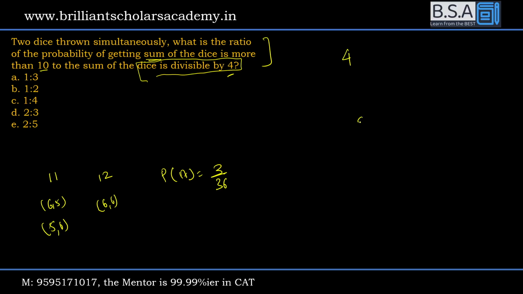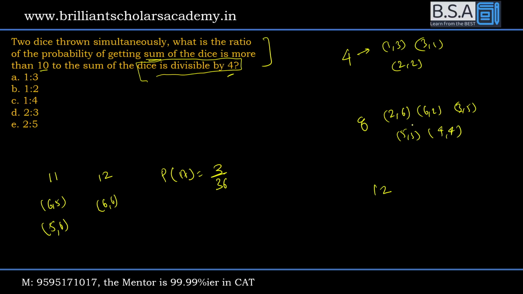4 से डिविजिबल 4 होता है, 8 होता है और 12 होता है. 4 बनाने के तरीके 1 3, 3 1, 2 2. 8 बनाने के तरीके 2 6, 6 2, 3 5, 5 3, 4 4। दैट्स इट। 12 बनाने के तरीके 6 6। तो आपकी जो सेकंड प्रोबेबिलिटी है बी, वो है ये भी चलेगा और ये भी चलेगा और ये भी चलेगा। तो 1 2 3 4 5 6 7 8 एंड 9, 9/36। हमें दोनों का डिवीजन चाहिए। तो 36 चला गया, ये चला गया 3 टाइम्स। प्रोबेबिलिटी इज 1/3।